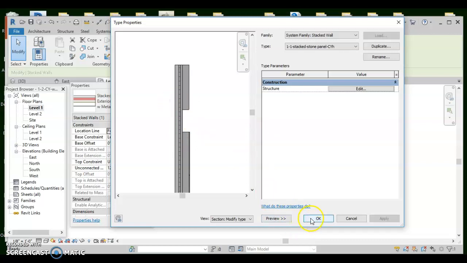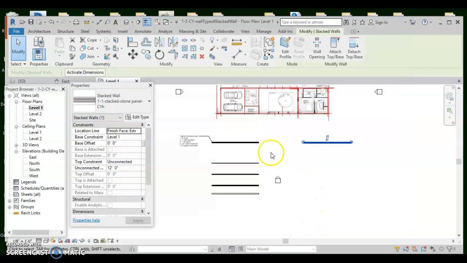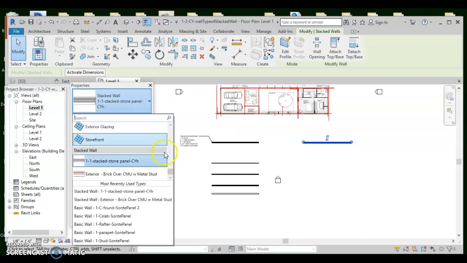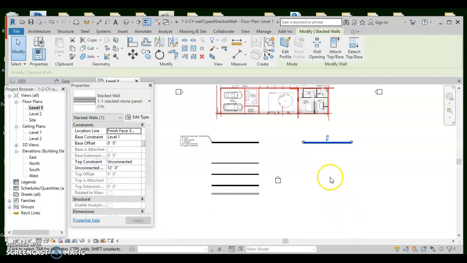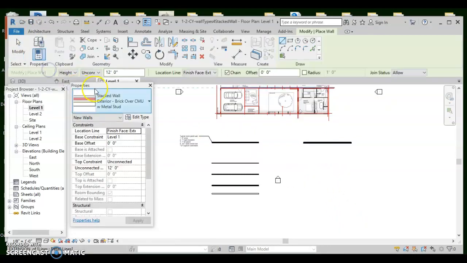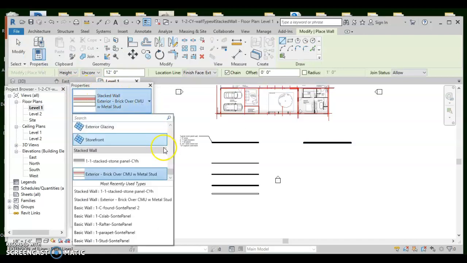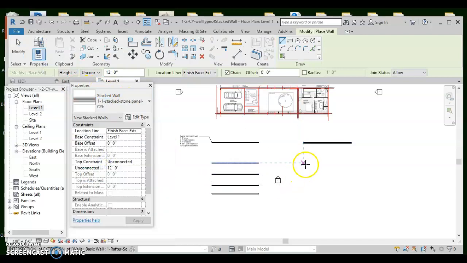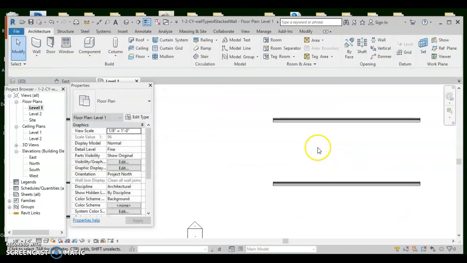This is perfect. I say OK, and I actually go in and I say, let's see if we have created that. Now we have created one stacked stone panel. So when we go to architecture 1, I can go all the way down to this one and literally do this. But I had already done it, which was